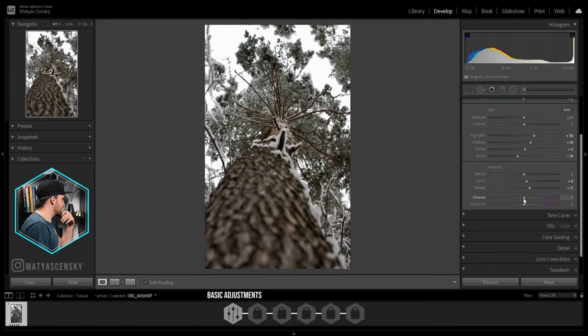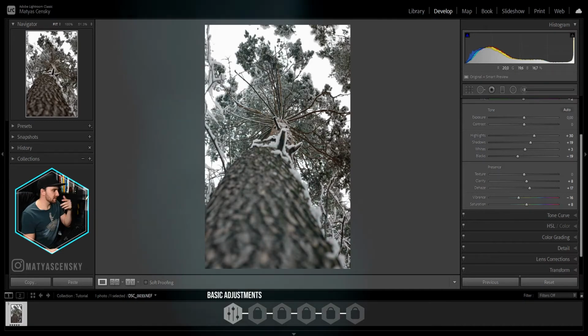It's always good to remember the scene so that you remember the feeling and the situation. Somewhere around here. Let's bring out the vibrance and compensate with the saturation. Now usually I do it the other way around, but in this case I really want to separate the colors, and you'll see in the end how we separated the tree trunk from the leaves.